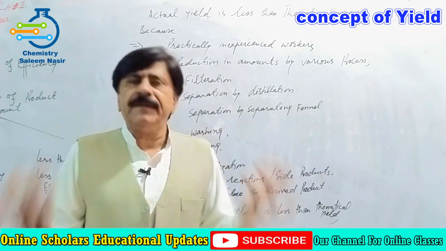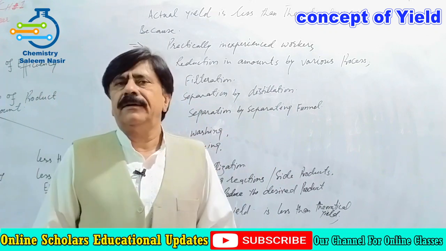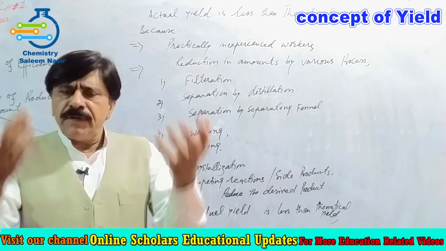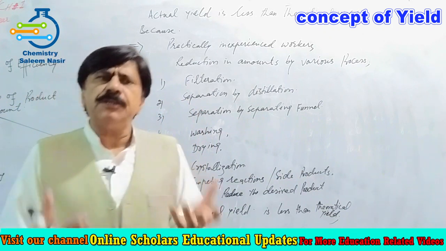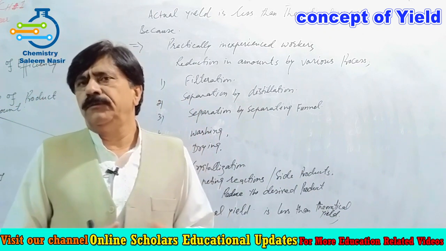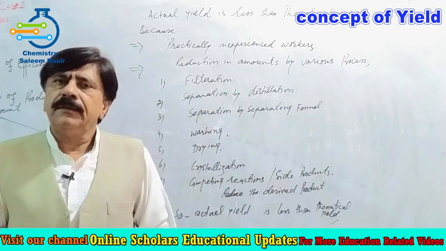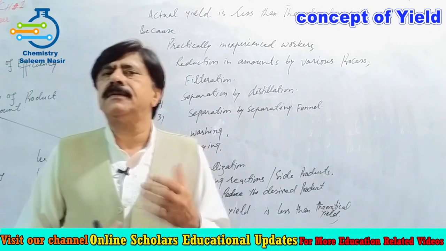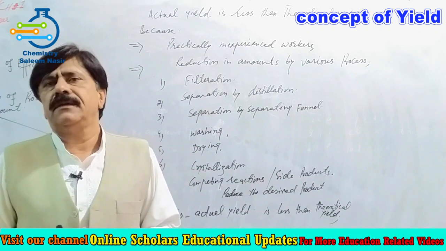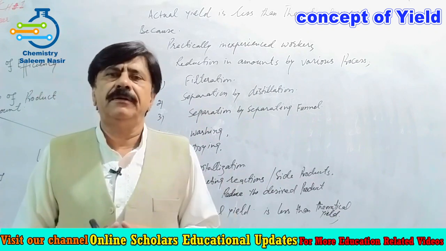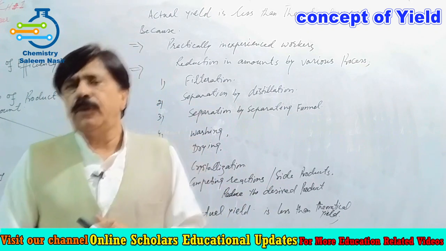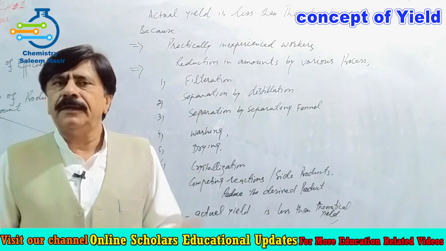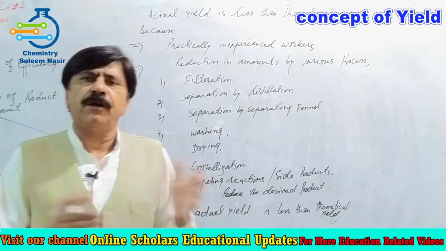So what will be done to find the amount of the product, the yield? How will we satisfy ourselves? What will be the yield of our product? To solve that issue, the scientists take the percentage yield for the product. And what is the percentage yield? It can be calculated by a formula.